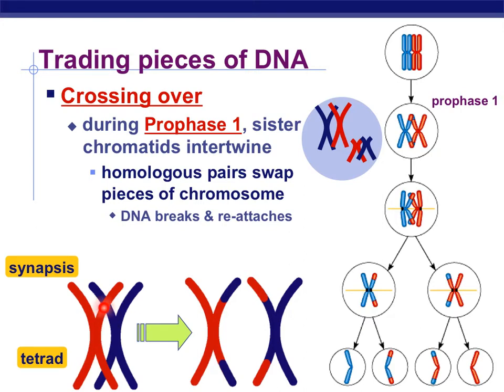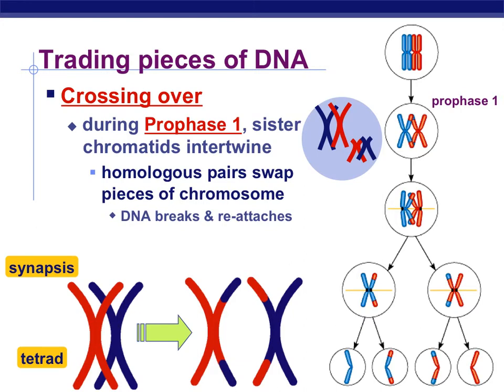And during that point, there are small spots where there's an attachment or a contact point between the two homologous chromosomes. Those contact points are called chiasmata, and at that point is where some crossing over can take place. That crossing over is where the DNA, that chunk of the chromosome, breaks off, and they actually switch places. So you can see in this model where specific parts of one chromosome break off and swap spots.